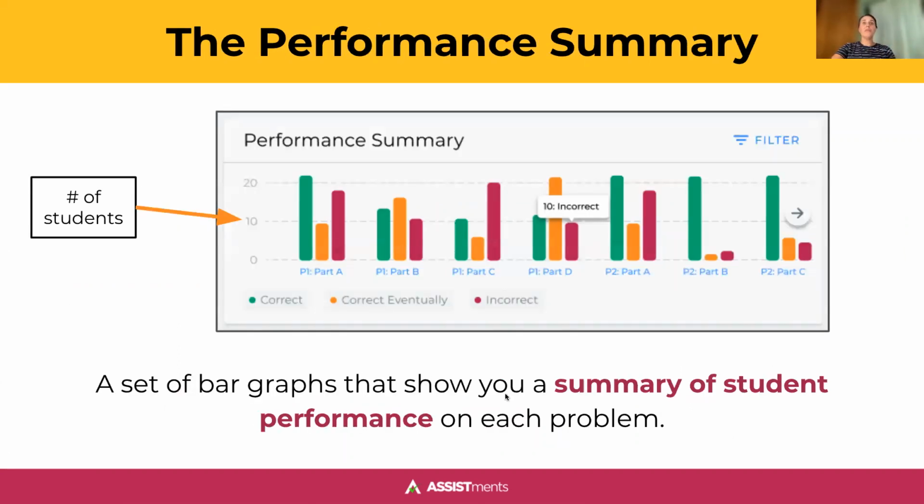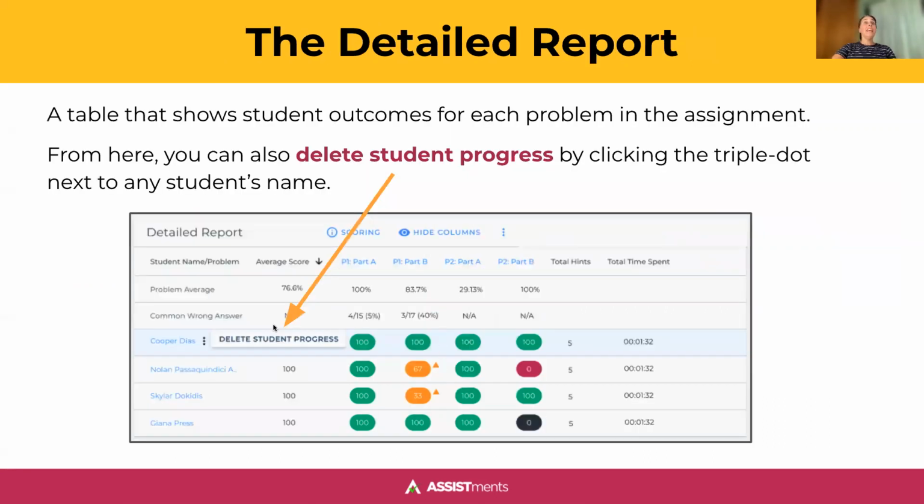The performance summary gives you, at a glance, a summary of what problems need the most support. And just once again, we're looking for that pink bar. The pink bar means they never got it correct. They needed to ask for the answer. If you're looking to support students, you can delete student progress and give them a second opportunity, again supporting a growth